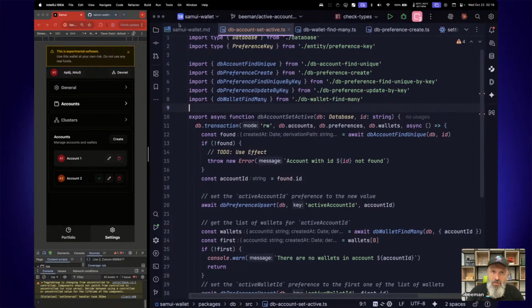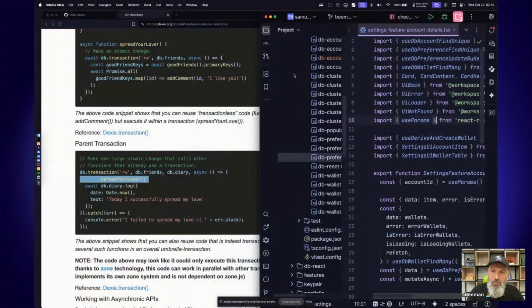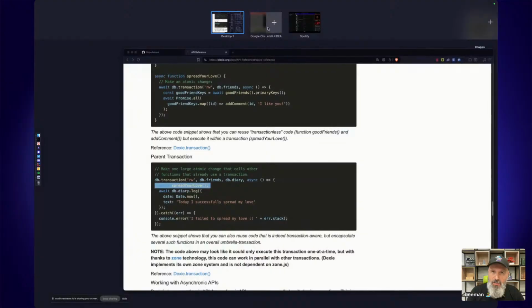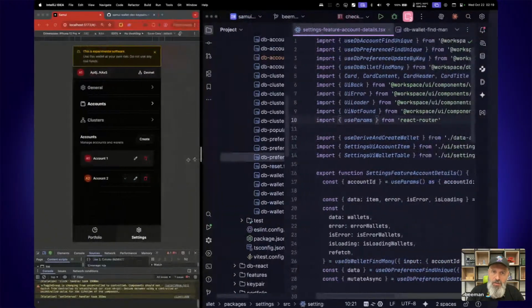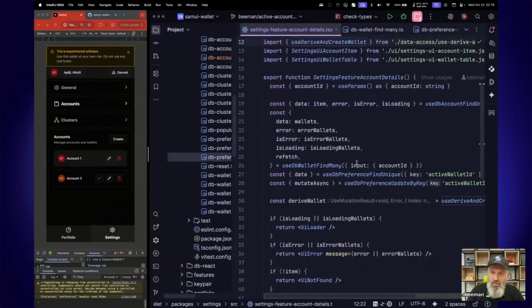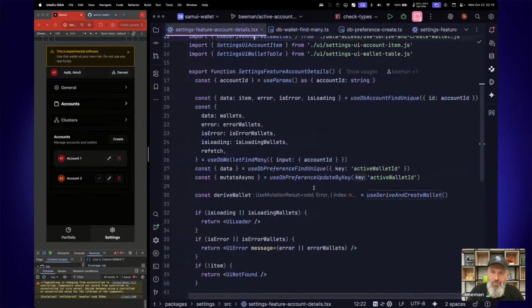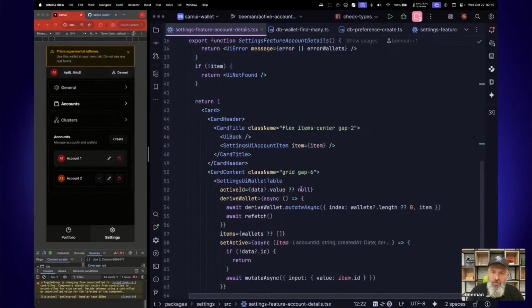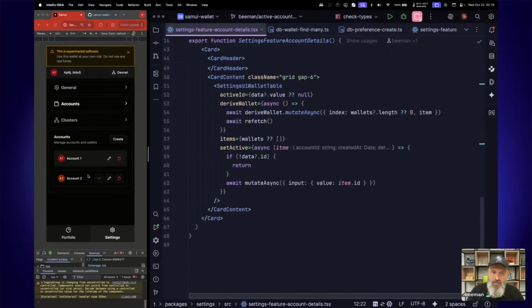Hey, why is this file not opening? I'm going to pop open my editor. Something's off here. I'm not going to bother with it right now. Here now, we now have a proper function. So this set active, what I want to run here is the DB